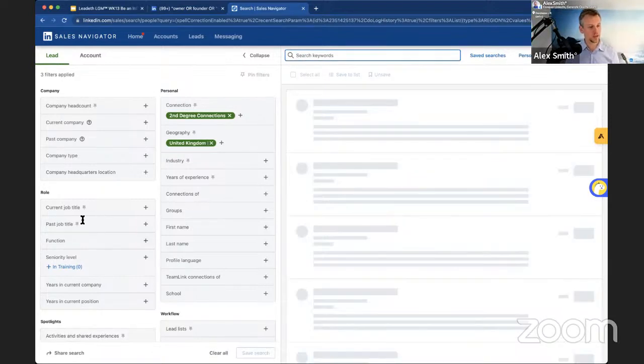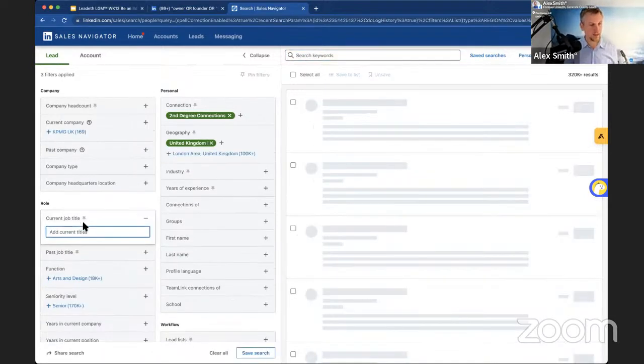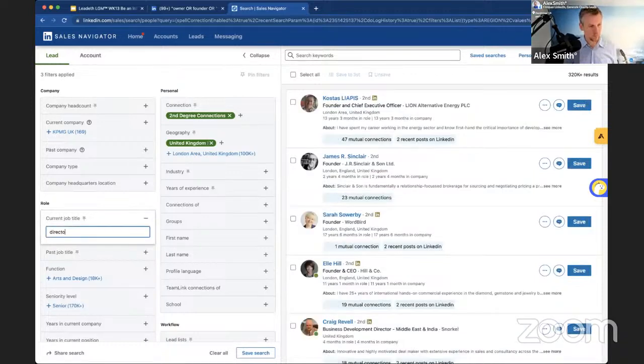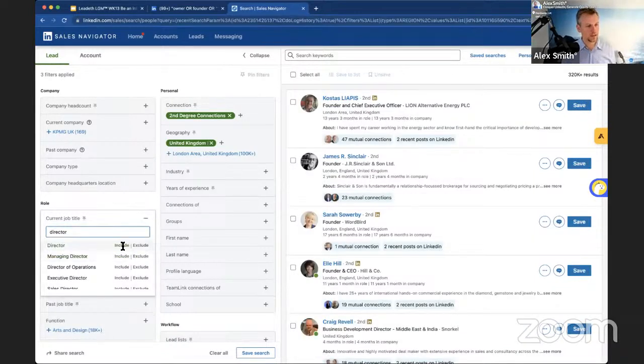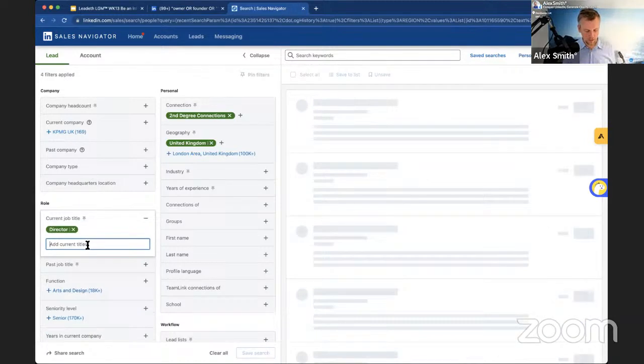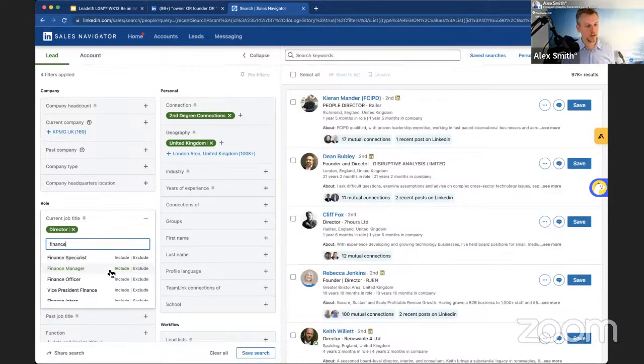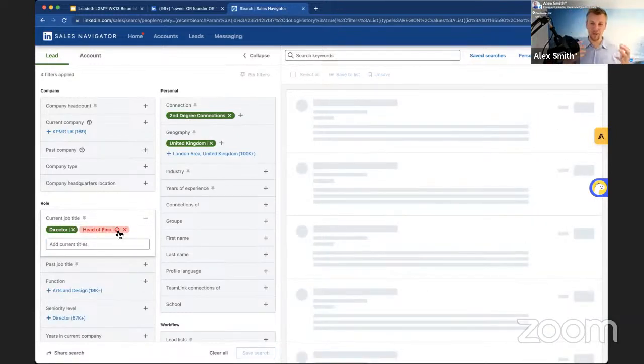With the current job title, you can type in director and include director. But if you don't want a certain type of director, we'll exclude a finance related role, so finance, head of finance. You can actually choose to exclude people from the search as well. And that's just refining your audience.